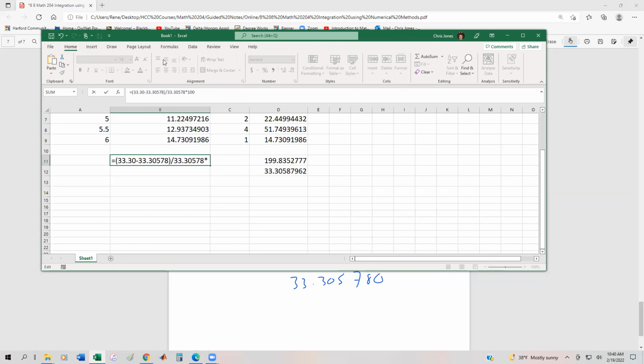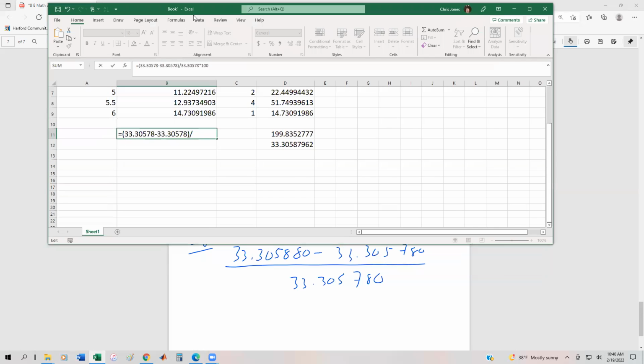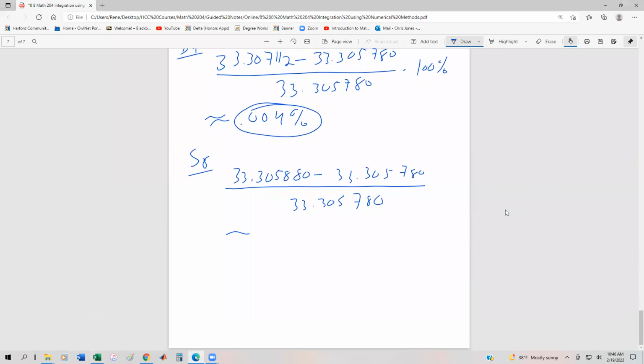I'm sorry, it was the first number was 880. Sorry, they're really close to one another. Okay. And this time we get 0.0003%. All right, so this is going to be approximately 0.0003%. All right, so essentially, as long as we're not doing anything that risks people's lives, these are both extremely good